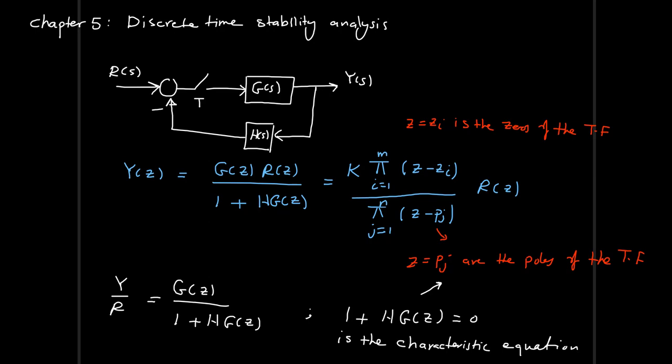So we need to study the stability, and we know that the solution of the characteristic equation will give me the poles. And from our previous lecture, we know that there's a relation between the S plane and the Z plane. So if we recall,